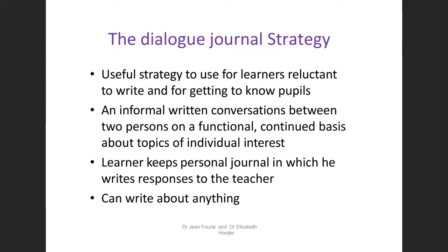Good morning, I'm Dr. Jean Fourie, and I want to speak to you now about a useful strategy for remedial teachers called dialogue journals. This is a really useful thing for you to put in place with learners who are